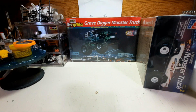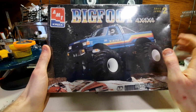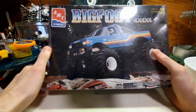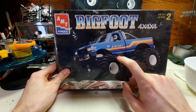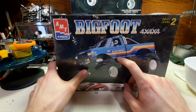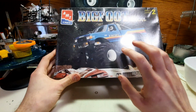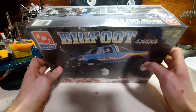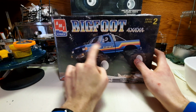Very cool to find. And then what I do find is more iconic is the Bigfoot 4x4x4. Now, this one being I'd like to say Bigfoot 6, I believe. Now, this one here, I found that this one here was actually a huge surprise to me, as when I ordered stuff, the picture showed was the '93 Arrow Nose Ford. So I was more expecting that, but to see that it was actually the more rare 1990 era truck, which this is really cool, as I wasn't actually thinking about finding this for a while, and plus being the brick nose era truck, you don't really find many kits nowadays with this body style,